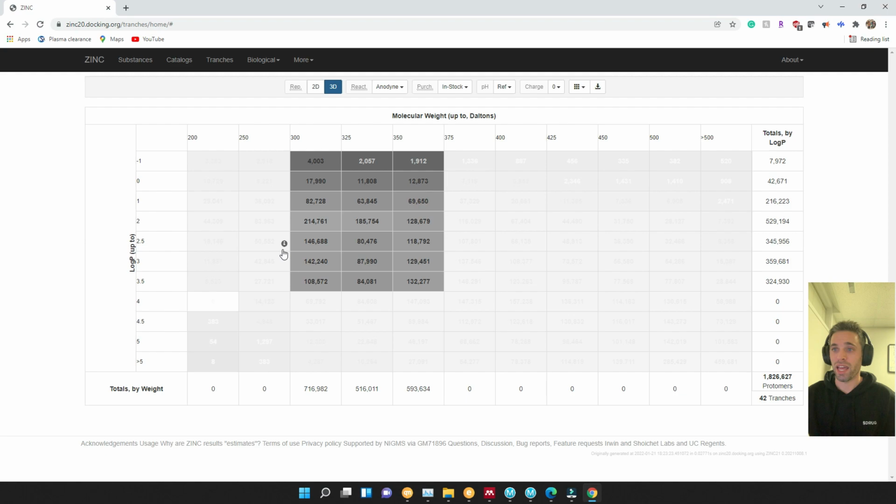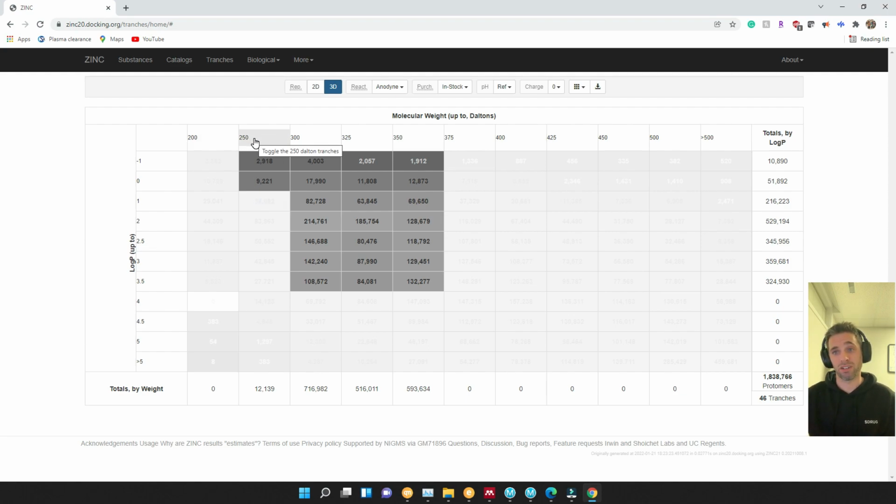lead-like, and I actually do want to add some more. If I click on a box, it'll highlight that box and add it to our selection. Notice when I click on a box how the number of protomers on the right goes up. That's because we're adding molecules to our search space. There are some